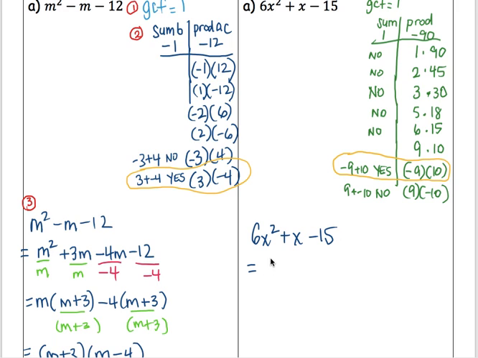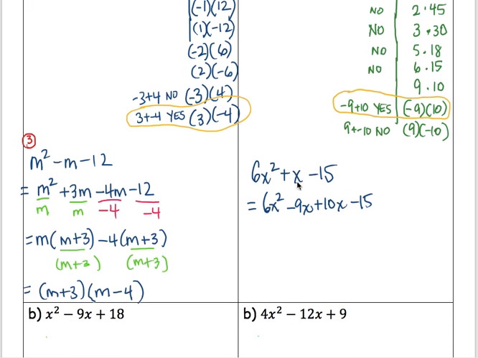So that equals, so you're going to decompose the middle term. So this plus 1x is going to become 9x plus 10x minus 15. Okay, so again, you're taking the numbers that you just found from your table, putting them in here with the x. So that becomes -9 and positive 10. So again, the sign is important. Please don't just kind of grab a 9 and 10 and throw it in and hope that it'll work. Okay, all right, and then from there,